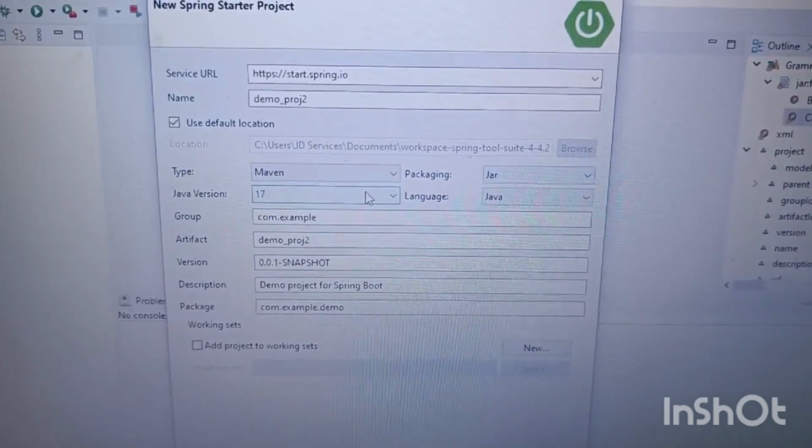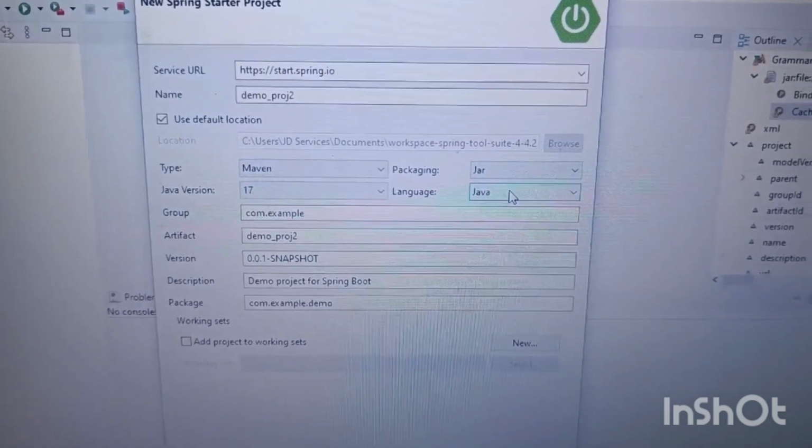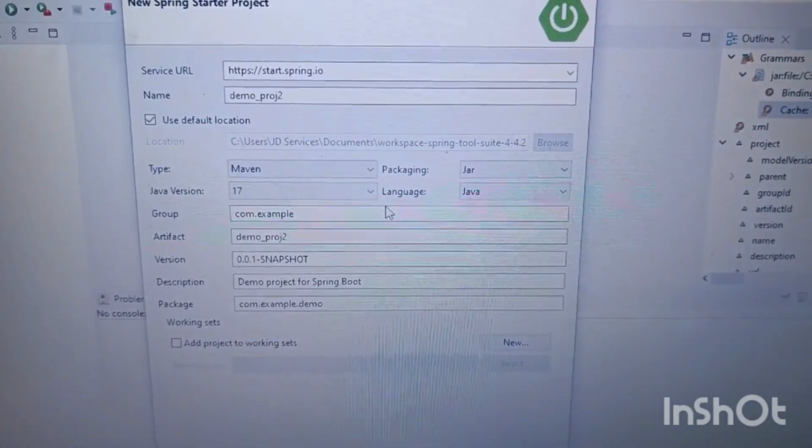Java version is 17 and language is Java, and then